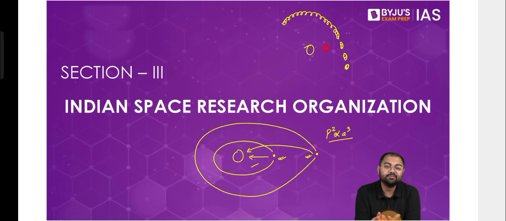It has helped in finding oil resources. It has helped in finding mineral resources. So ultimately, it has helped. All these things add to the Indian economy. So when it comes to countering poverty, it's not always about giving money to the poor. It's also about how you can support the poor in various different ways. And these are all the various different ways in which you can support the poor.